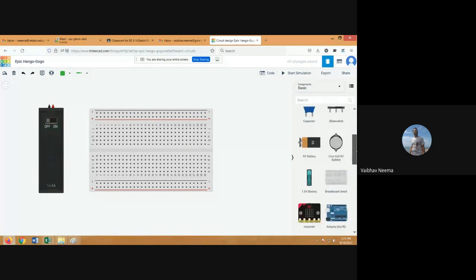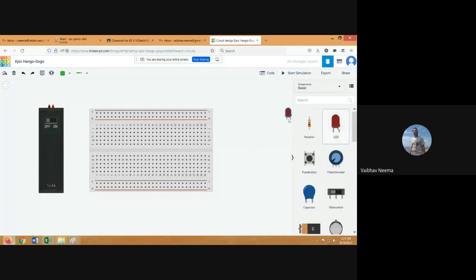Now we require an LED, so we select the LED. When you select the LED, it shows the terminals, the cathode and the anode. One more window will pop up, and you can use a red LED, or blue, orange, yellow, green, or white, whatever you want. Here in this practical we are using the red LED. Then we require a switch, so we select the switch button and place it here.